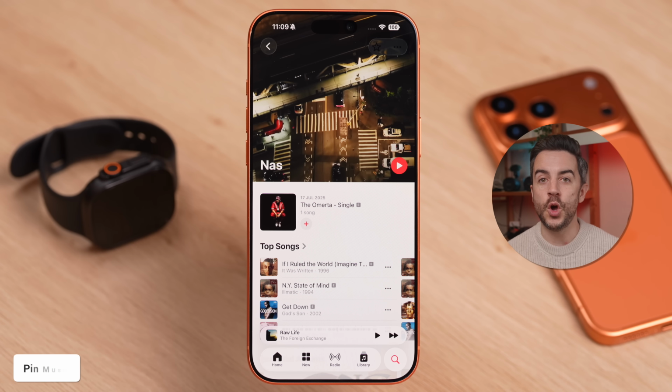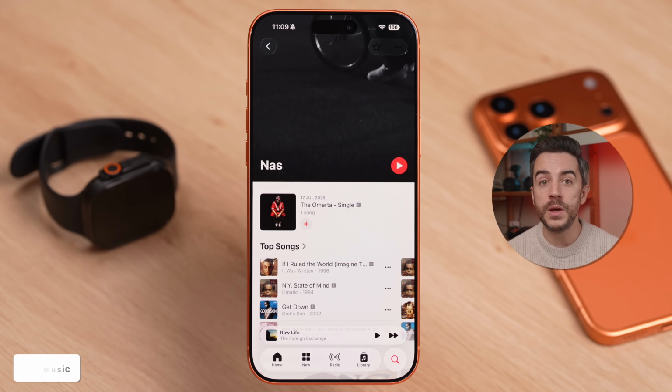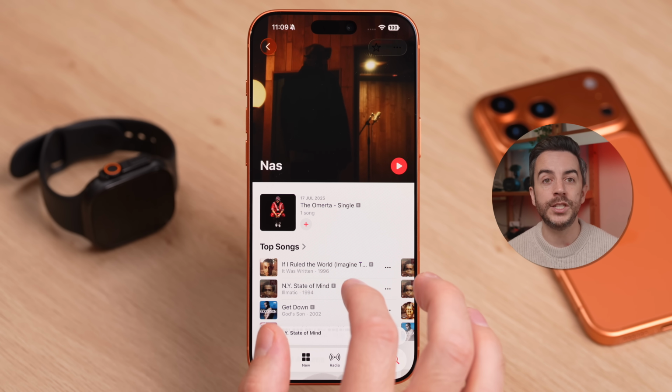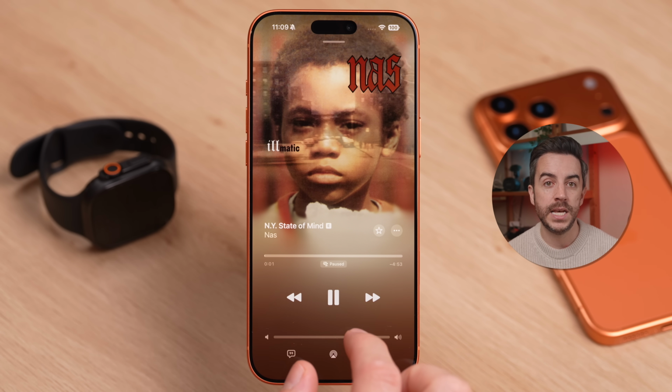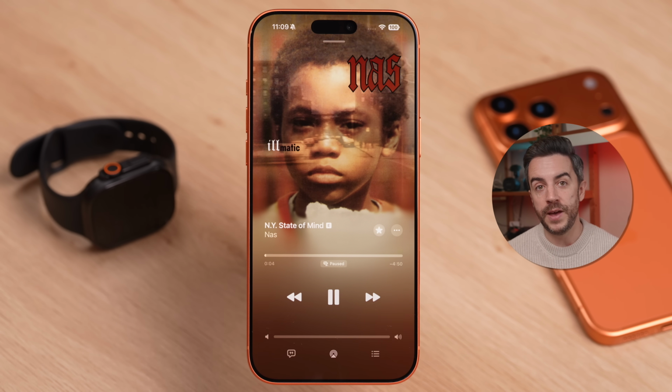We've had favorite songs in Apple Music for a long time, where you can mark a song as a favorite and it's added straight into your favorite songs playlist. More recently, you've also been able to favorite albums and playlists. Well, in Music on iOS 26, you can now pin items so they appear right at the top of your